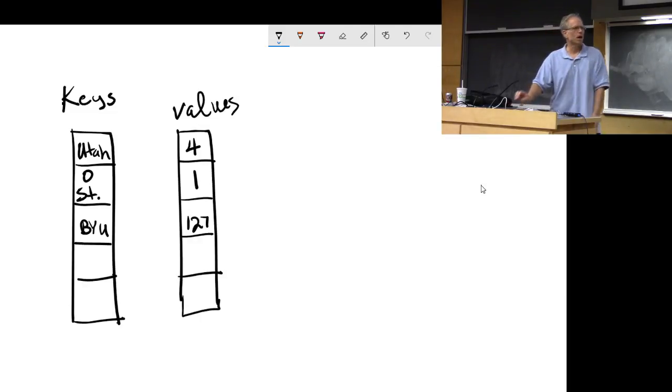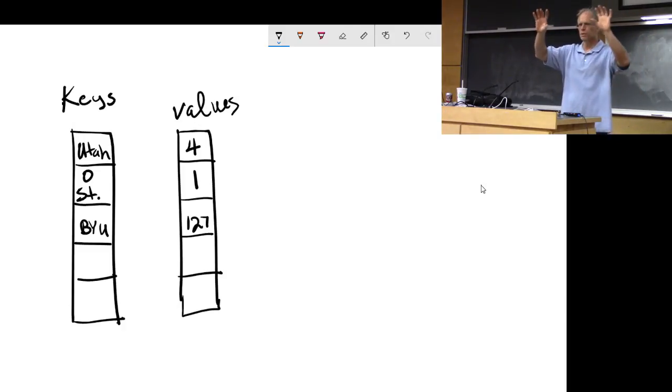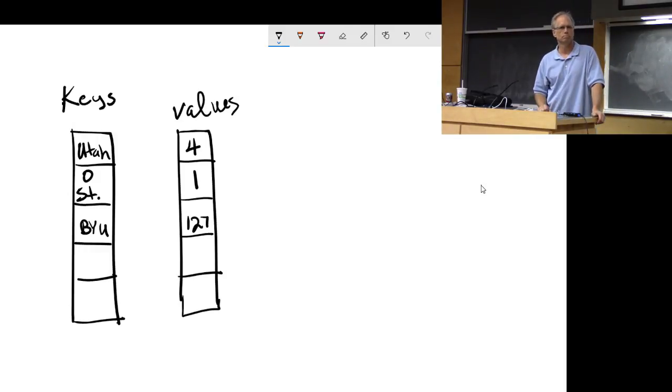So we might decide that however many pairs there are in the map, that's going to be the length of the array list that we use. So it makes sense, if that's our strategy, to have empty array lists if the map is empty. Okay? So then,